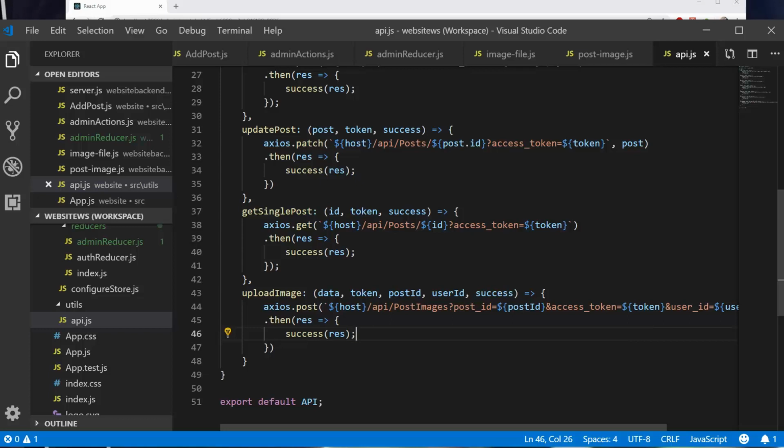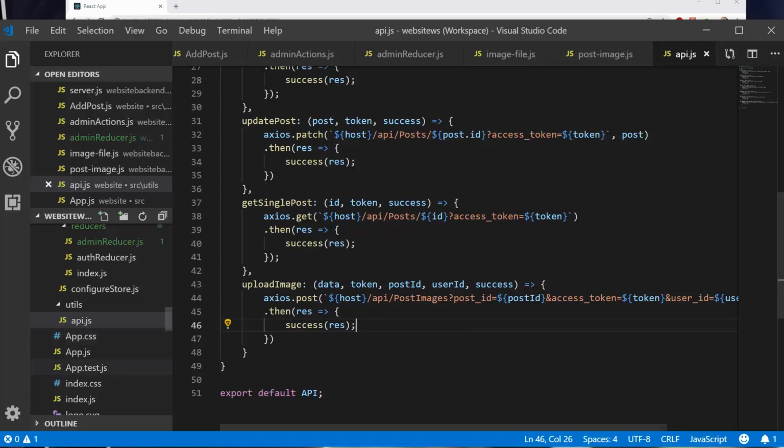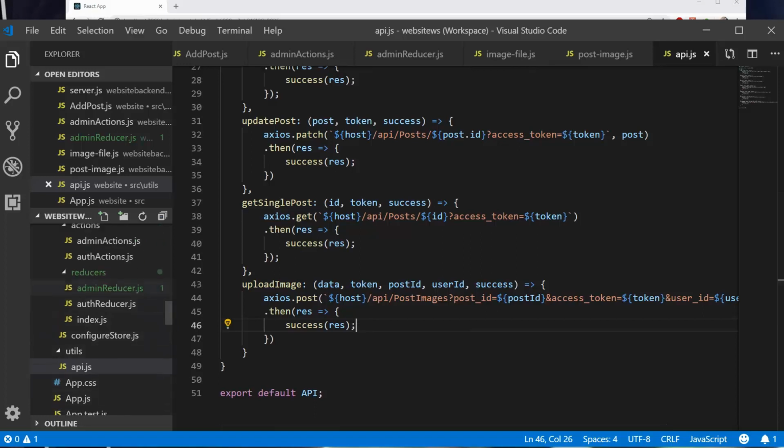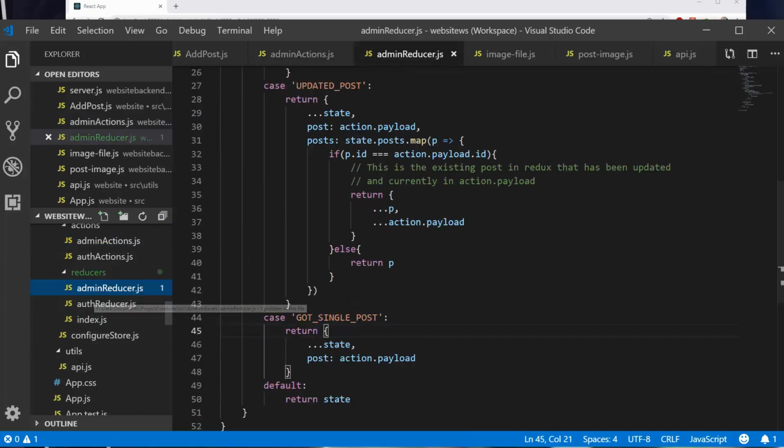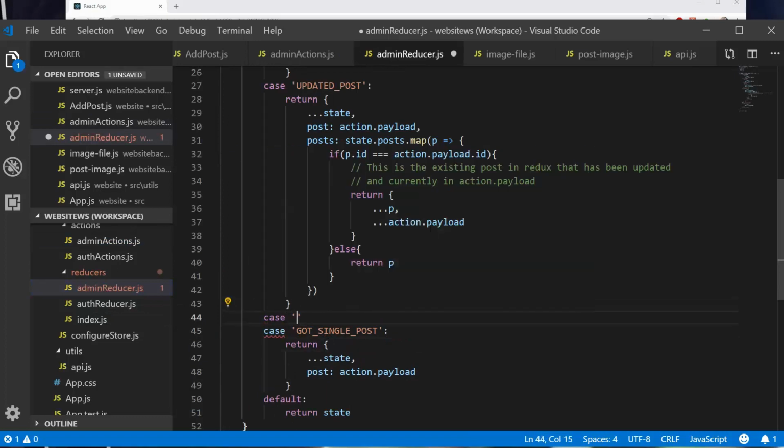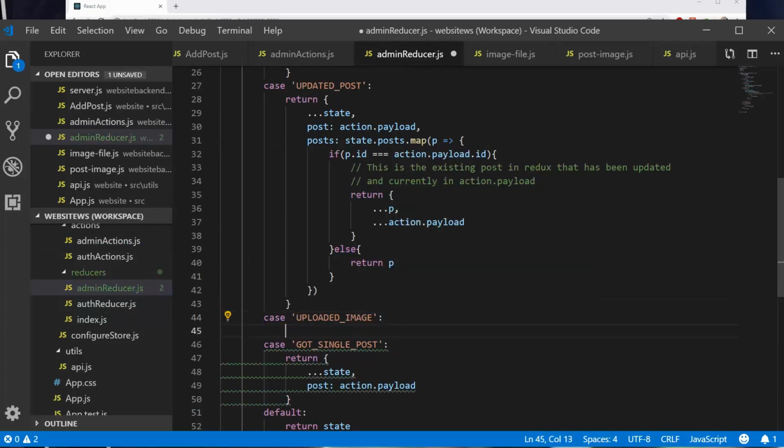Now, this should upload the file, but we don't actually have anything in our admin reducer to do anything with the file. So let's go ahead and upload an image, and then in admin reducer, what we're going to do is we're going to say case uploaded image. We're going to return